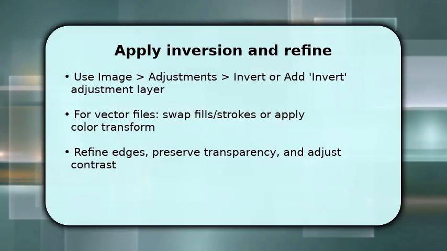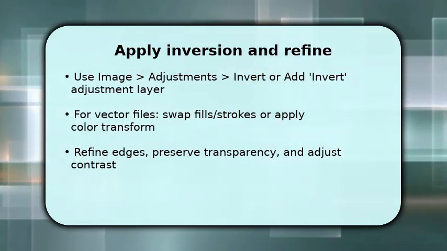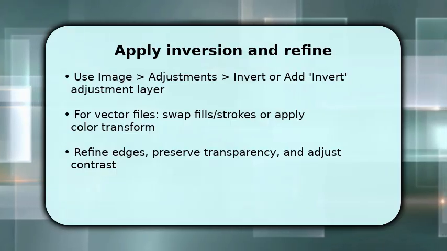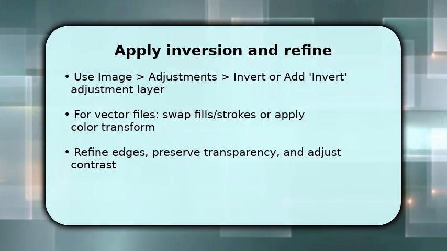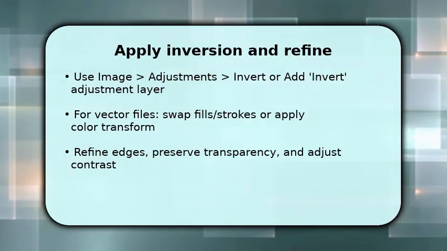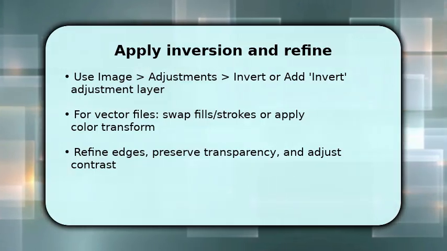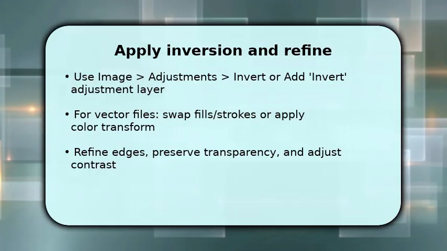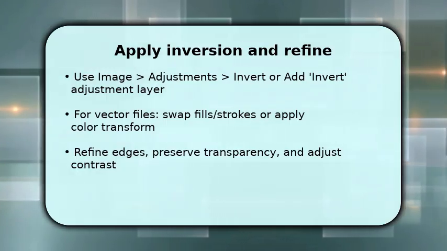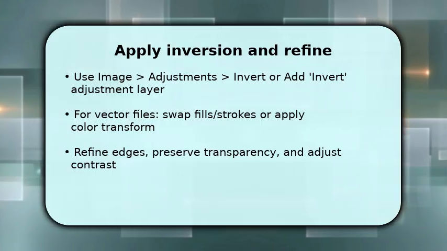For vectors, invert by swapping fills and strokes or applying a color transform matrix. This preserves crisp edges. Once inverted, check transparency and alpha channels to keep a clean silhouette, then tweak contrast or levels to maintain legibility. If colors clash, use selective hue/saturation or blend modes to recover brand intent while keeping the